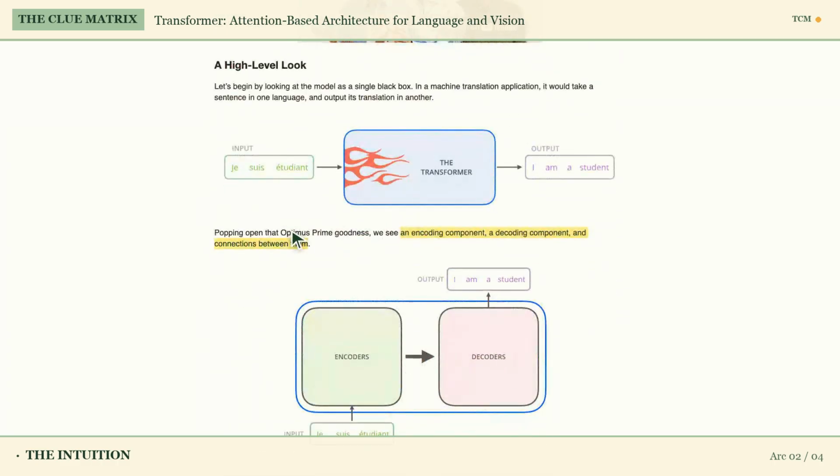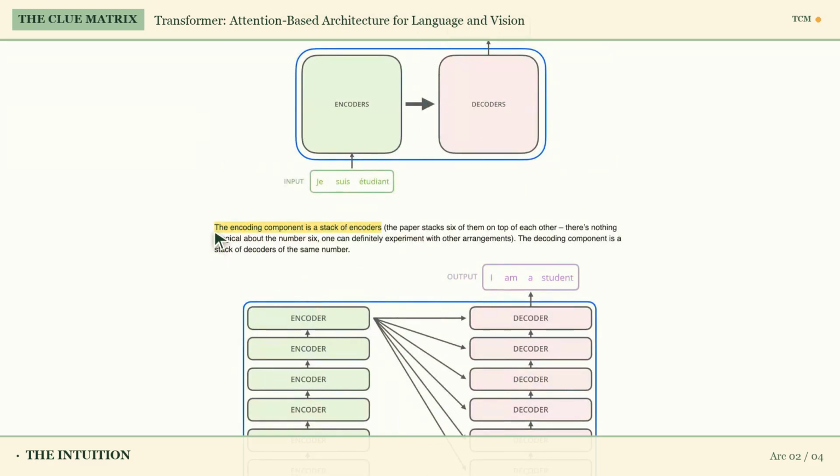At a high level, the transformer still follows an encoding component, a decoding component, and connections between them. That sounds like a standard encoder-decoder model we've seen before. It is, structurally, but the magic is what's inside those components. Each encoding component is a stack of encoders. They're identical in structure, but don't share weights, learning different levels of abstraction. So layers of processing, much like a deep neural network, but each layer is an encoder unit? Precisely. And each encoder has two key